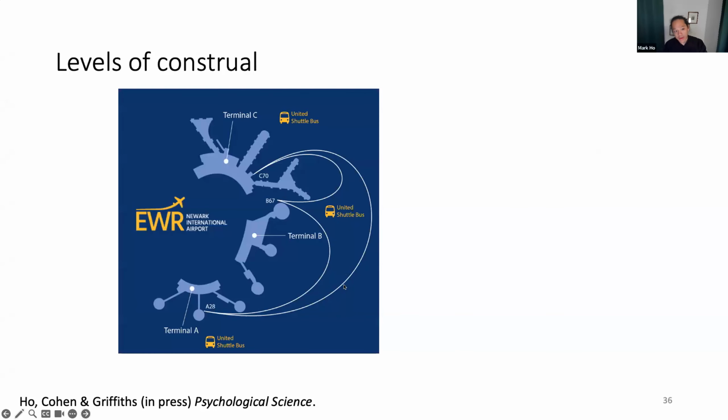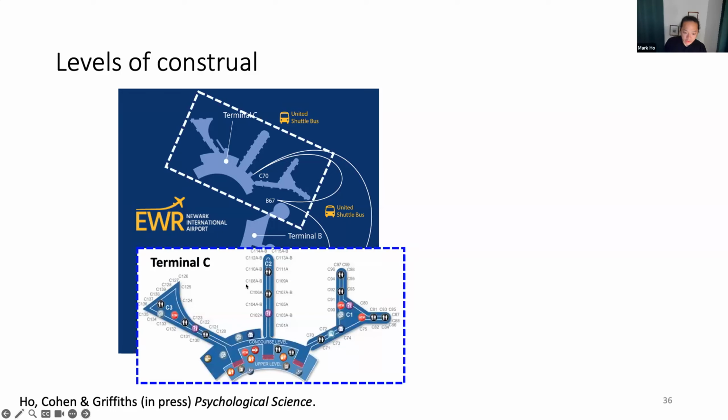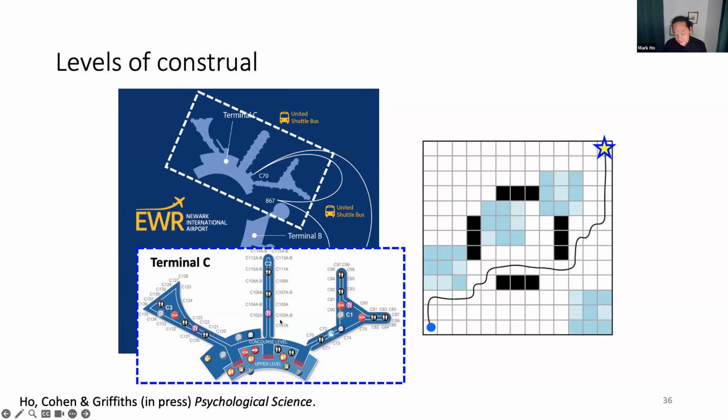And so to study this in a more controlled setting, we developed a set of mazes that have a similar flavor. As a motivating example, you can imagine that in an airport there are many terminals, and you can think of terminals at a very high level of abstraction, or you can zoom in on a particular terminal and think of it at a much lower level of abstraction, thinking about specific locations and restaurants and so on. And so we designed a family of mazes that have a similar property to this,